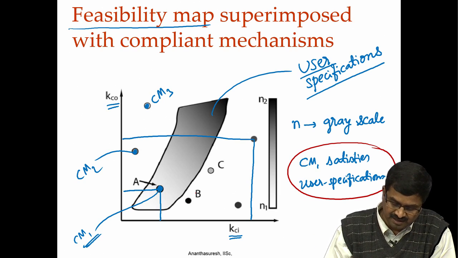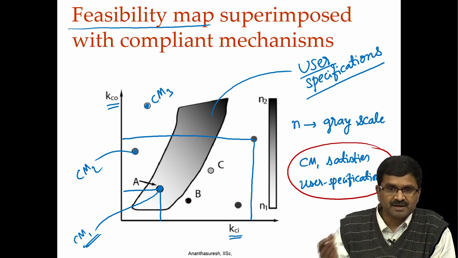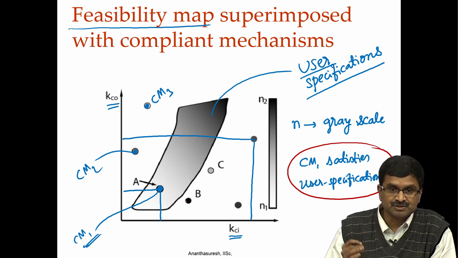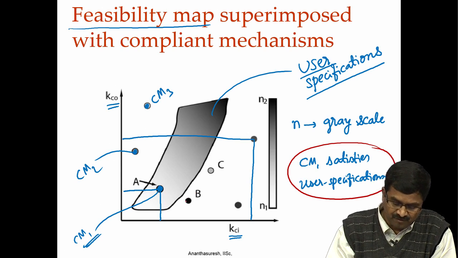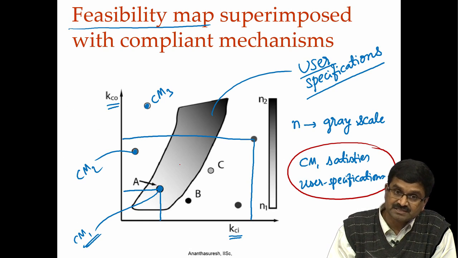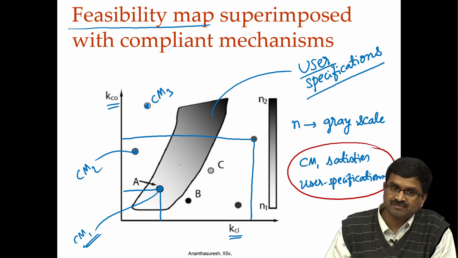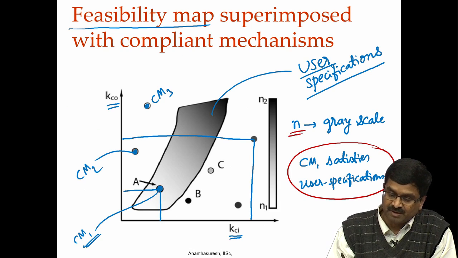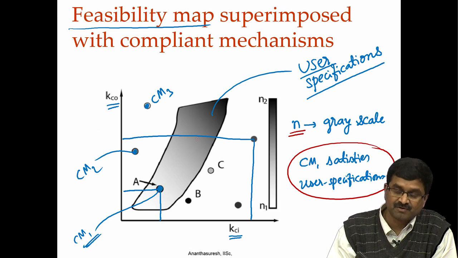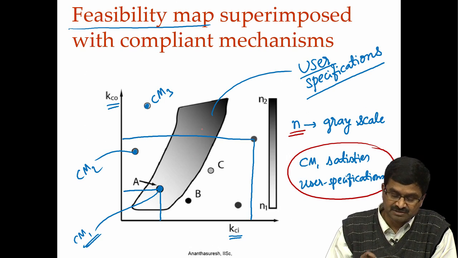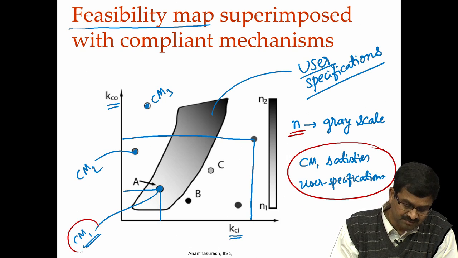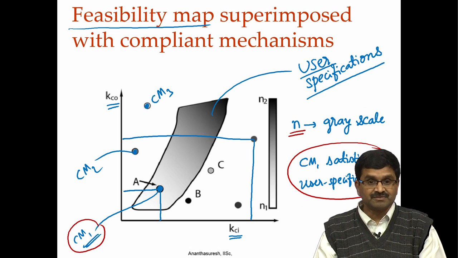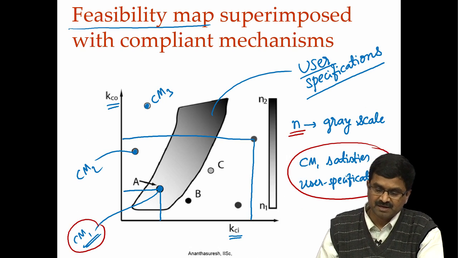I do not say unique, because two compliant mechanisms can have the same values of KCI, KCO and N. Now, when we say inside, it is not enough to be inside in this 2D projection of the KCI, KCO map, the N value should also match, in terms of grayscale level also,